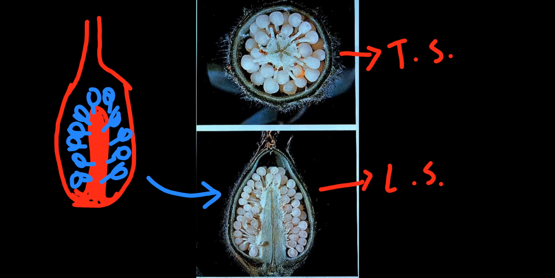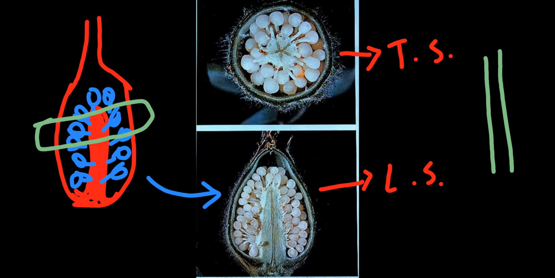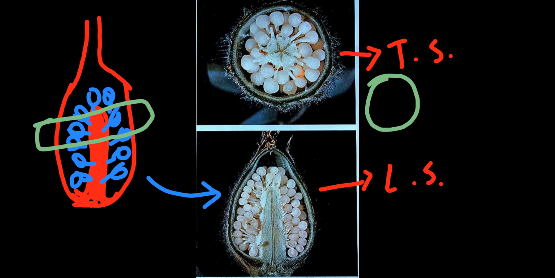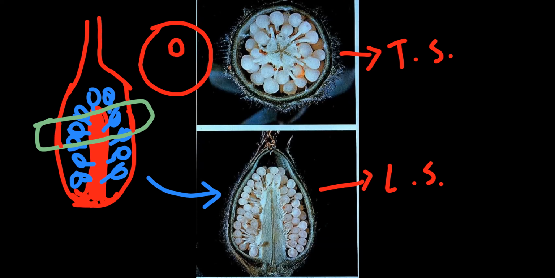Look wise same. Now, when we take the TS of this part, simply see, if you have a pencil or pen and a cucumber, a tomato. Cucumber is cylindrical in form. When we take a thin slice for a sandwich, it is cylindrical, but when we make a slice, a TS, it becomes circular. Same way over here, when we take this TS, appearance wise it's a circular form. So first this is the outer wall. Now at the center placenta is there, and on it the ovules are there. When we make a TS, the structure appears like this.